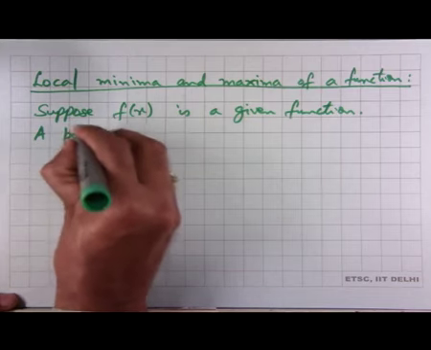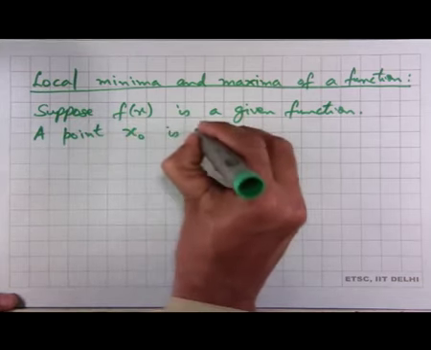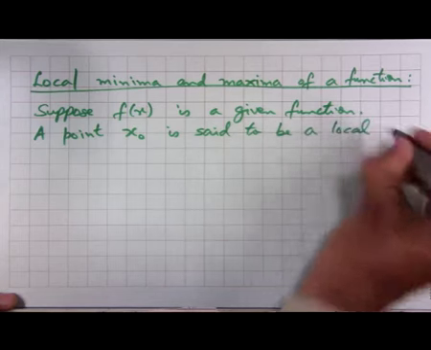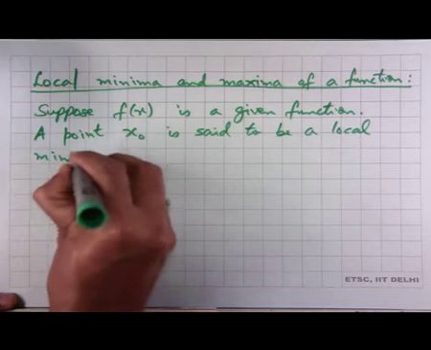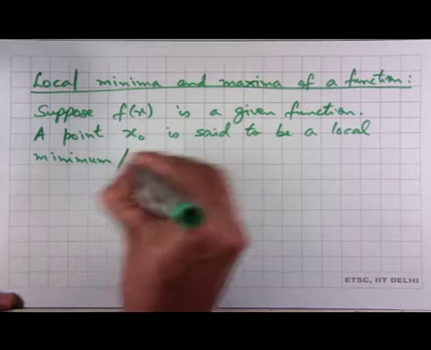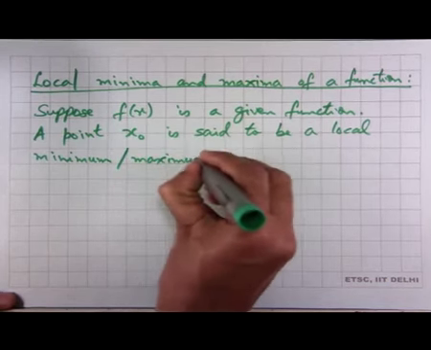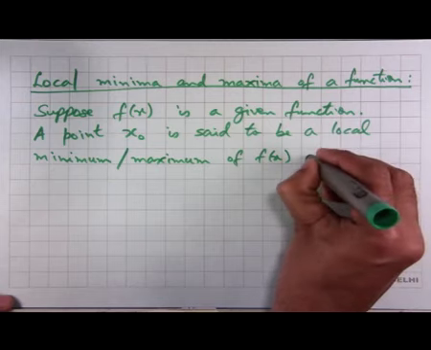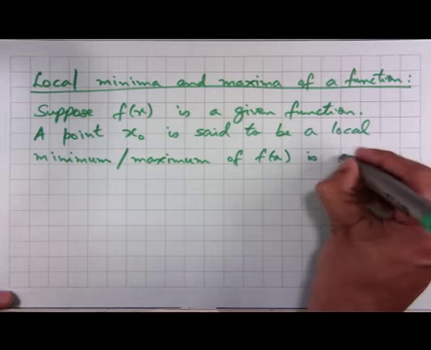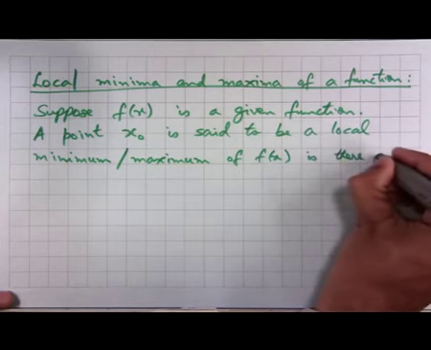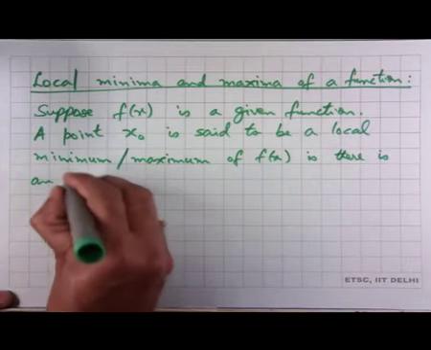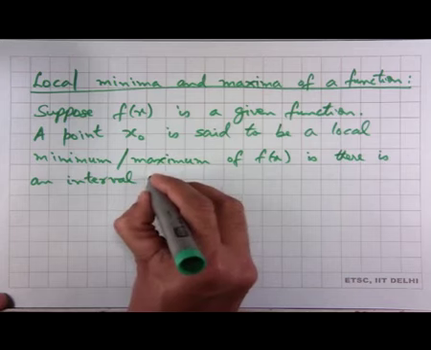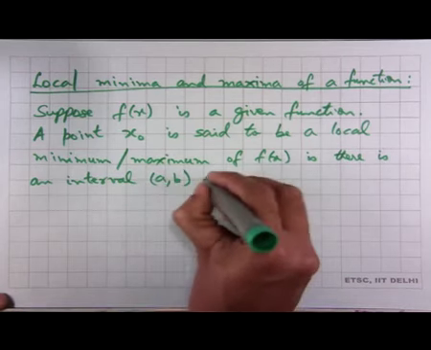A point x naught is said to be a local minimum, let me also define maximum or local maximum, of f of x if there is an interval, let me call it a comma b, containing x naught